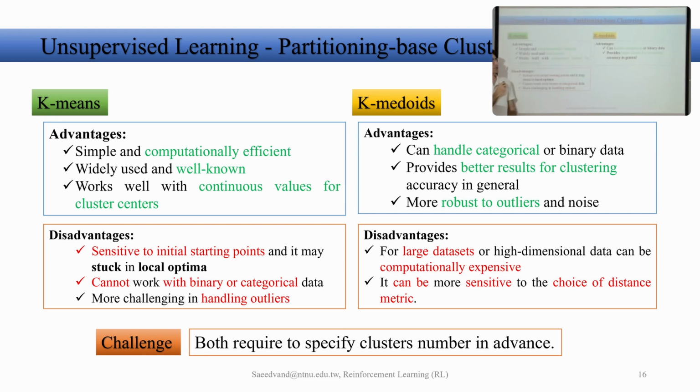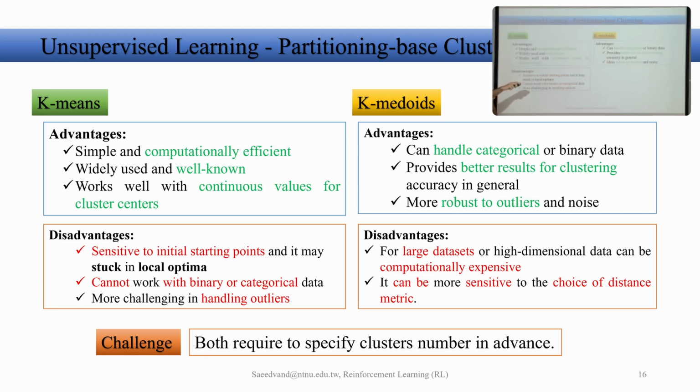The second advantage is that it provides better results for clustering, usually. This comes from many tries on different applications, and reports show that K-medoids generally works better than k-means in terms of performance and the metrics that you can evaluate on the algorithm. On the other hand, it is also more robust to outliers and noise. So this can be kind of a homework for you, that you can answer the question why. I'm not going to answer it for you now.